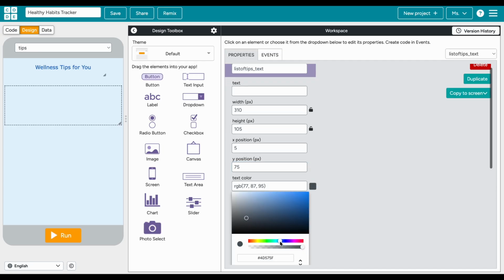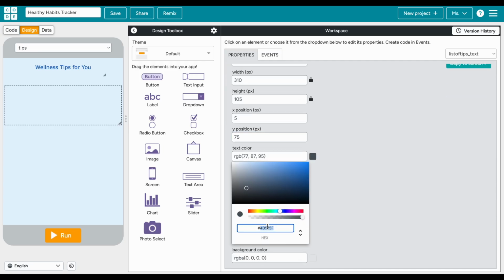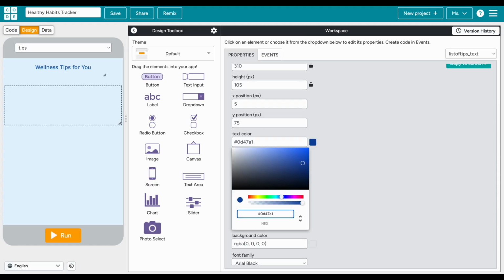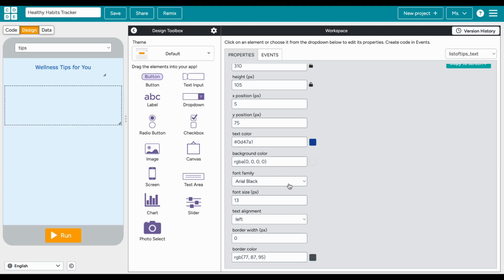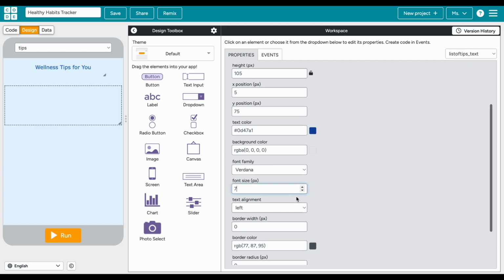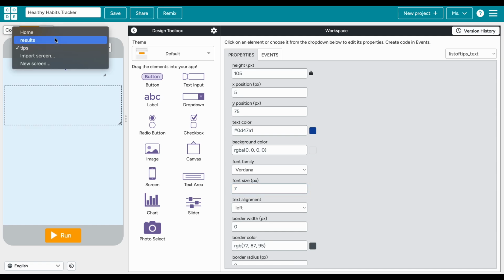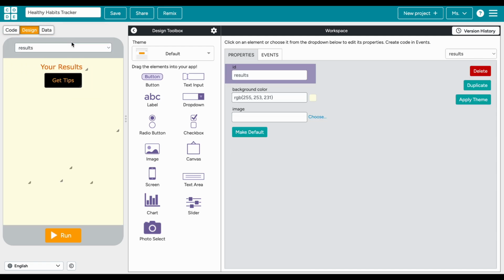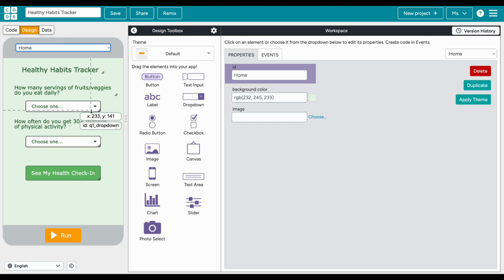Then let's change the text color to the hex code 0D47A1 and change the font family to Verdana. Then let's lower the font size to 12. So this will act as a box for our code to input the text. Now we have finished customizing the screens for our tip screen, our results, our home page, and so now we